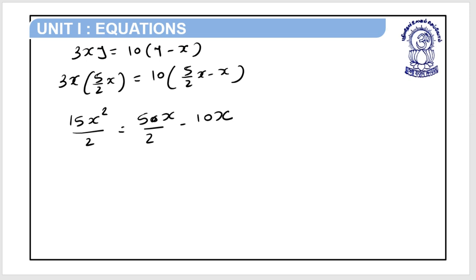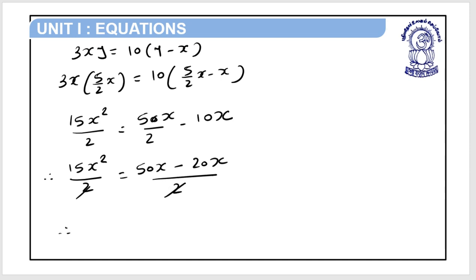So multiply with 2: 15x square by 2 is equal to 50x minus 10 2s are 20x by 2. 2 cancel, so 15x square, 50x minus 20x, so 30x, x and 1x cancel, so here